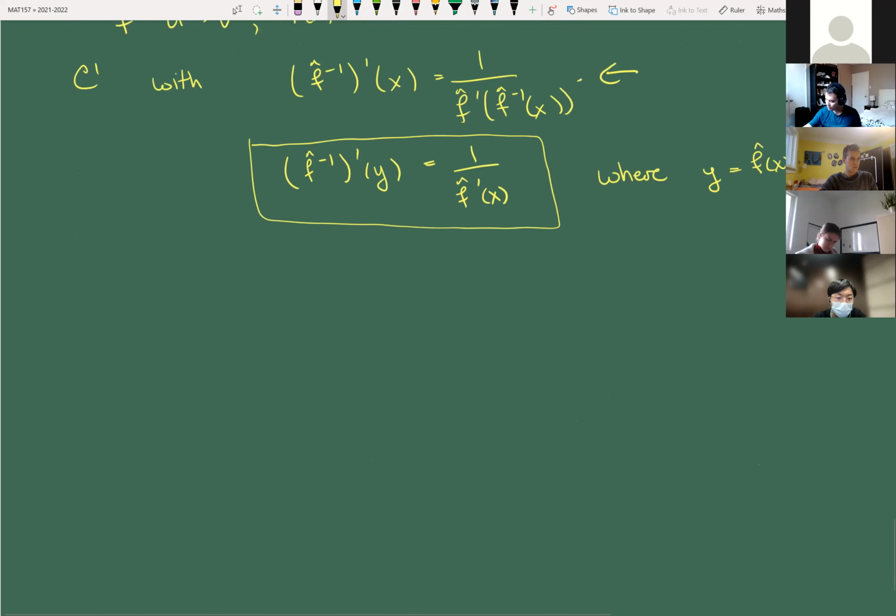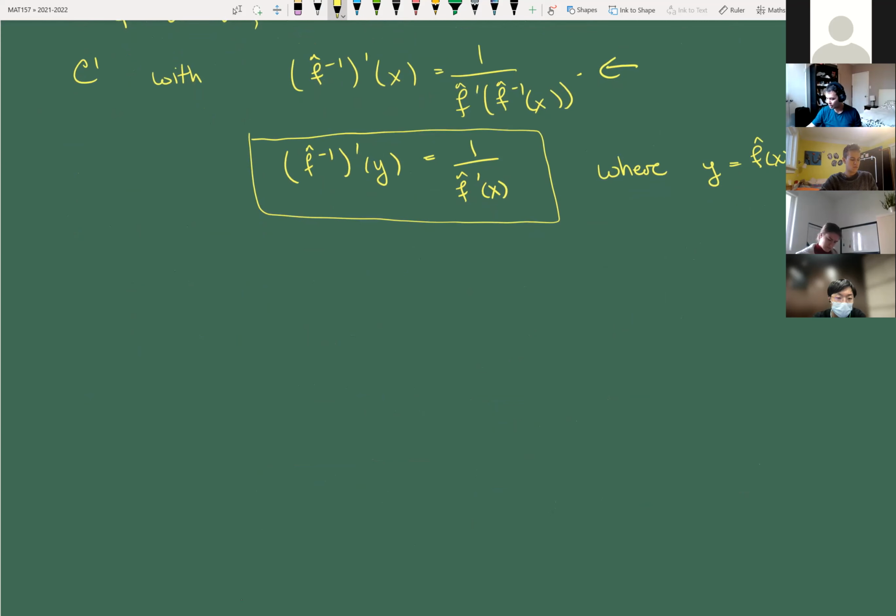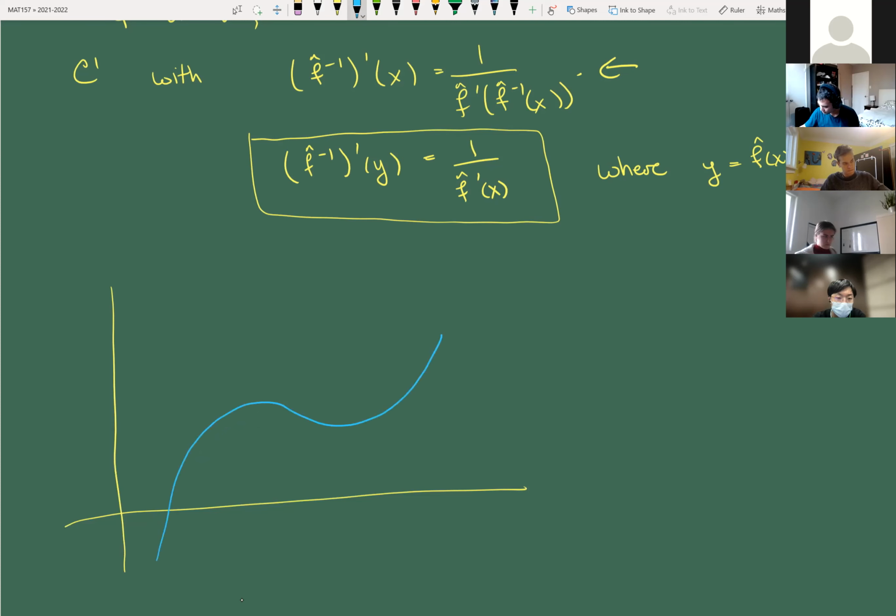And again, we could even draw a picture here. I don't know how good my picture is going to be. But the idea is you've got some sort of function, the derivative here is positive. So my function is actually, let me draw something which is not invertible. But it is invertible in some neighborhood, right? So the derivative here is definitely positive. So there's some neighborhood U on which the function is actually bijective,